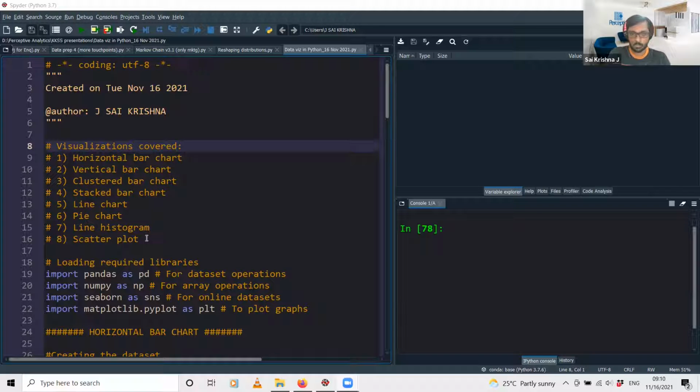So typically when you are working on a project, let's say for example you are building some sort of a linear regression model, right? Let's say you just want to visualize how that basic distribution of the data looks like, then any of these visualizations might be suitable for you to use.